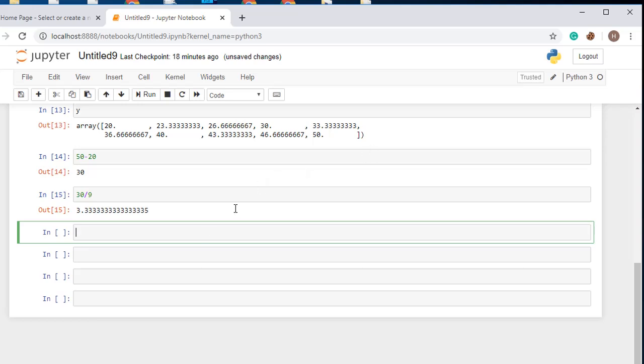Now I am going to show you how to use endpoint in the NumPy array. So let's see the example. x is equal to np dot linspace, and then provide the starting value, and then provide the stop value, then provide the number of evenly spaced samples you want to generate.